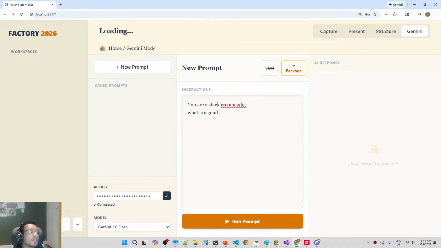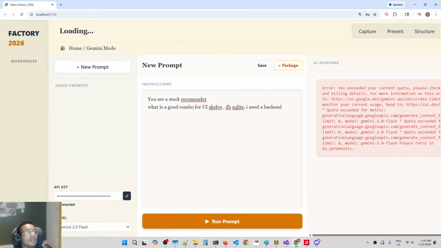What is a good combo for Svelte and SQLite? And let's run it. Okay, we exceeded current quotas,